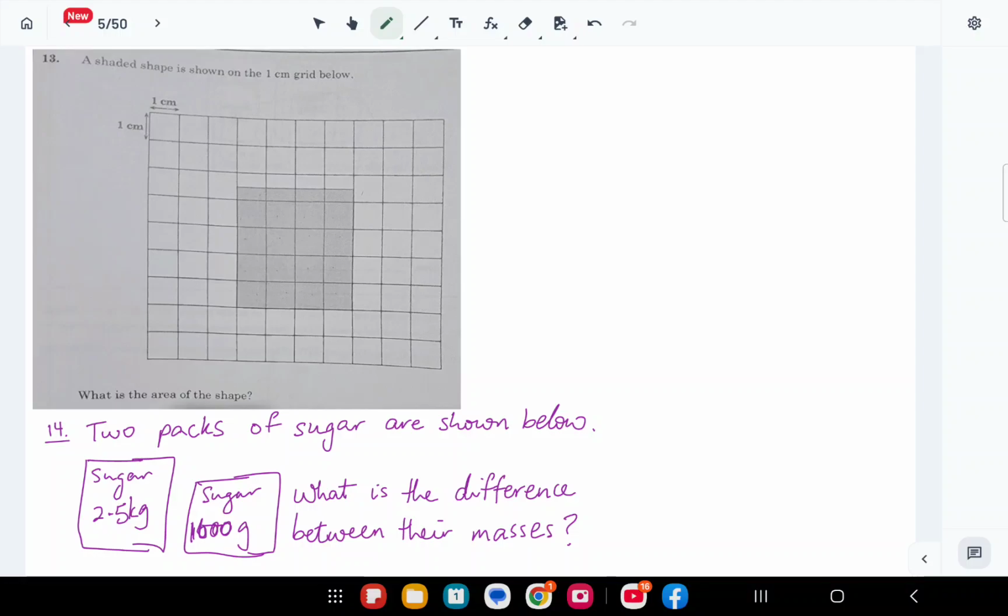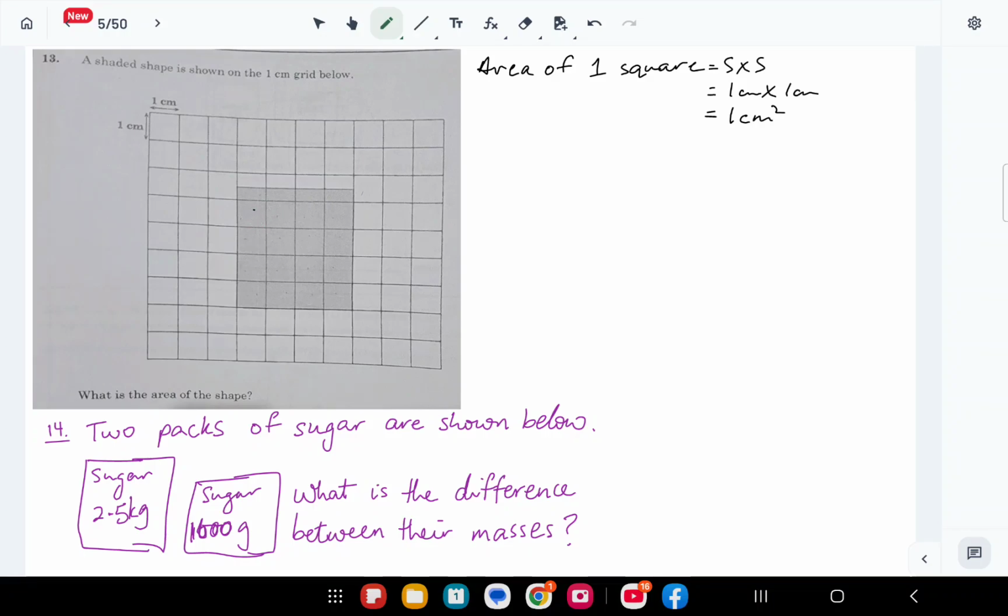Number 13, they said a shaded shape is shown on the 1 centimeter grid below. What is the area of the shape? All we need to do, we know now, each square here has a side of 1 centimeter. So the area of 1 square is equal to side times side, which is equal to 1 cm by 1 cm, which is equal to 1 centimeter squared. Now we count how many